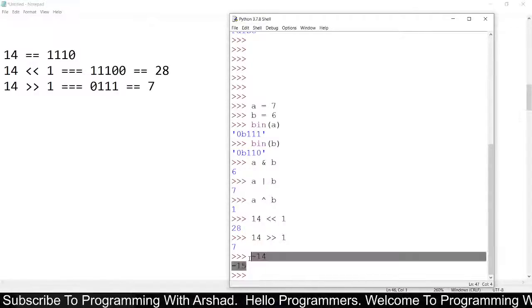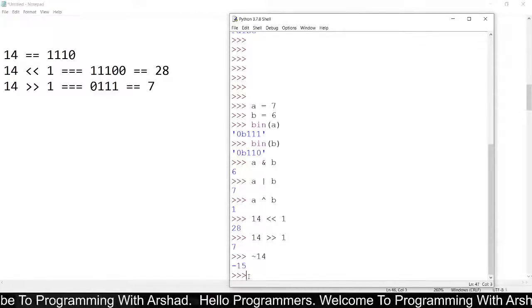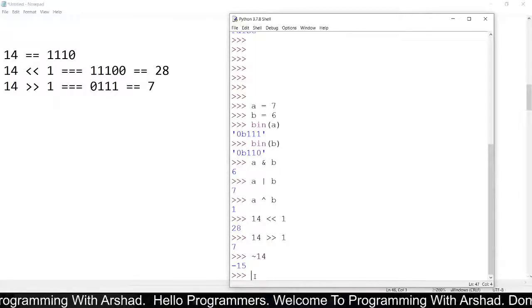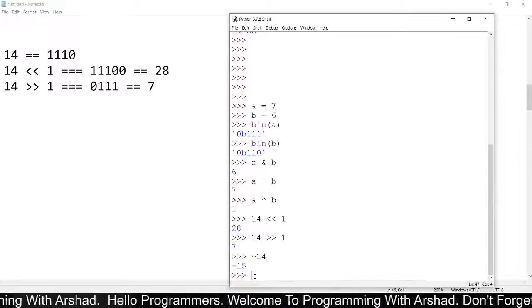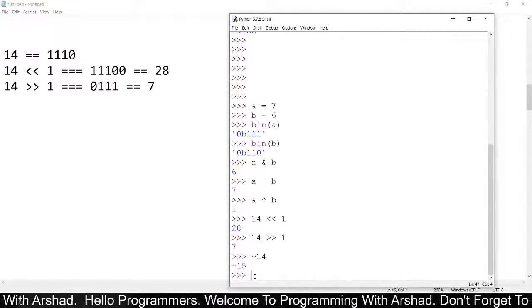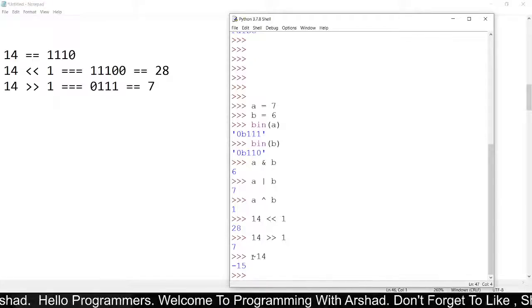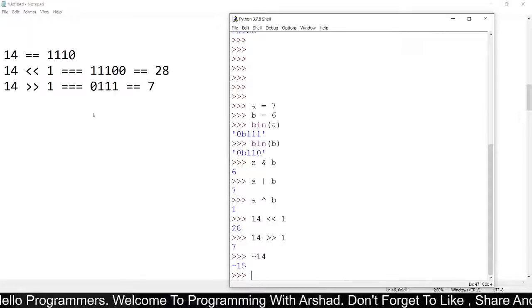Here you can see that for negation of 14 we got minus 15. But computer won't store negative values. This NOT operator will simply reverse all the bits.